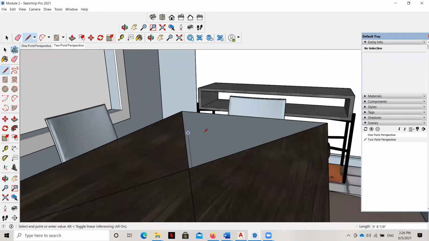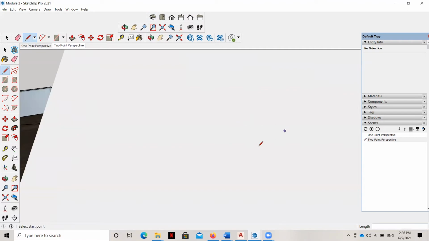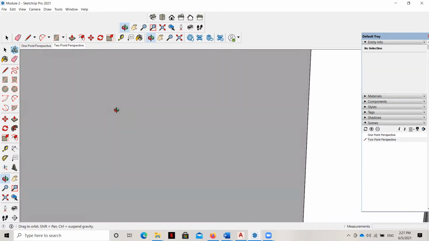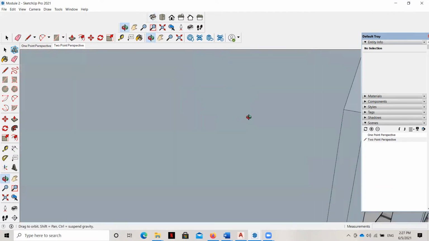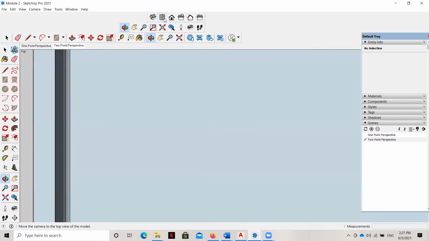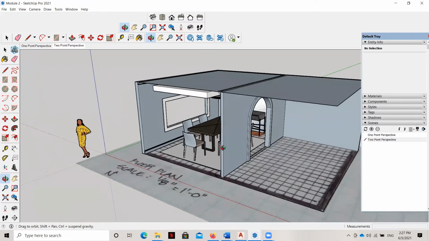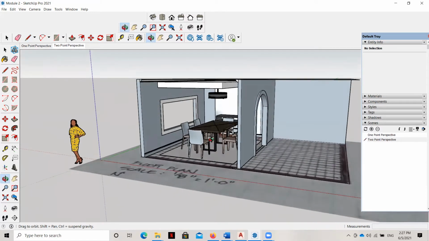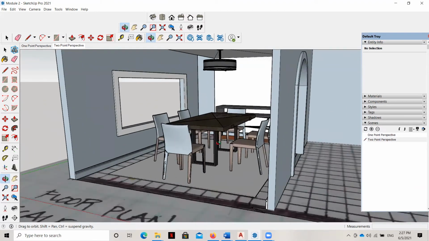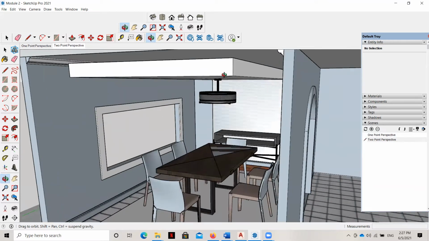Now I'm drawing these guidelines, and what's happening is, of course, it's creating faces on the table itself, which we don't want. But it's helpful because it's going to allow us to get the view that we want. This is the part of SketchUp that makes it a little bit difficult. When you zoom in, you find yourself stuck inside walls once in a while.